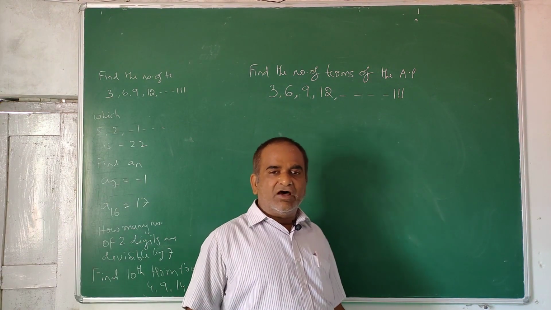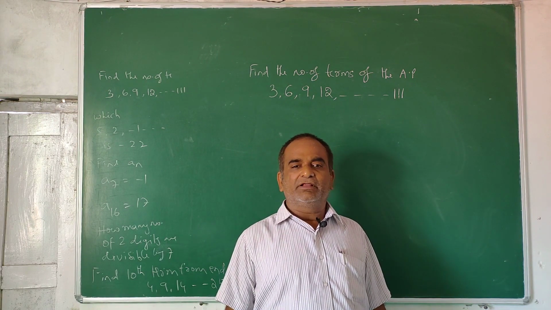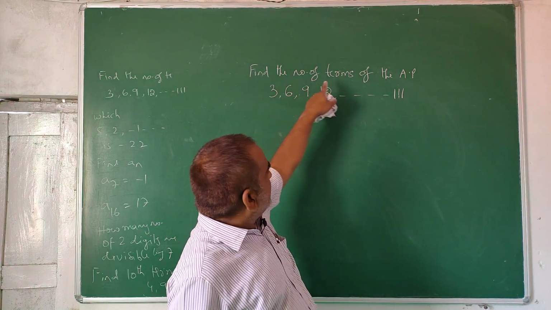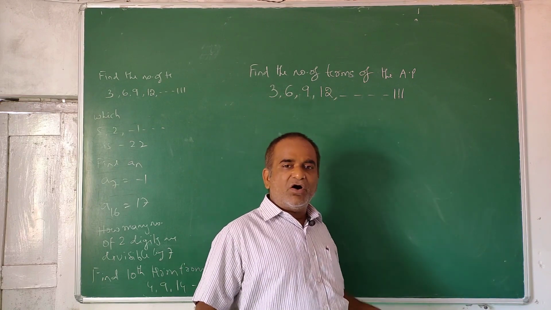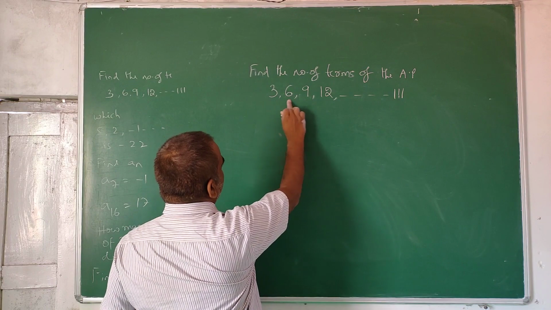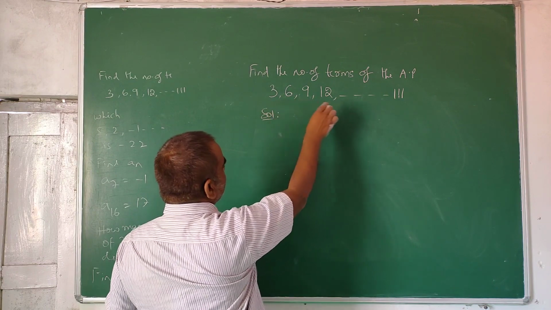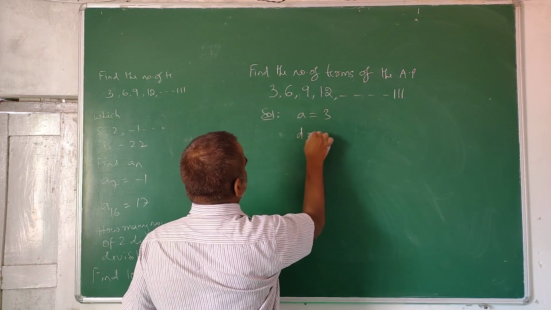See dear students, now we are solving some important problems based on the nth term of an AP. Find the number of terms of the AP 3, 6, 9, 12 and so on, 111. Here you see this is clearly an AP. As part of the solution, take the first term, which is 3, and the common difference, which is